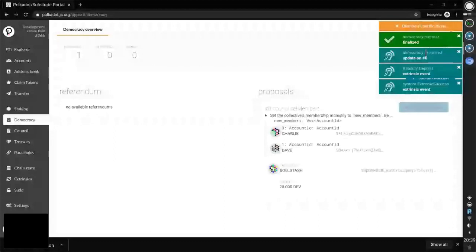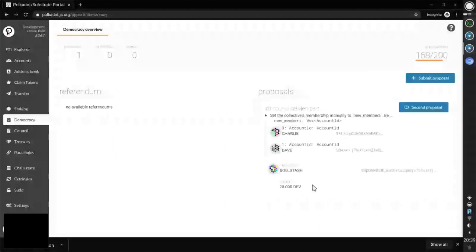And yeah, so right now it goes into this proposal column. And every launch period, the top proposal from here will move to the referendum. And once it moves over to the referendum, all KSM holders can vote either aye or nay, yes or no, on this referendum. And depending on which side wins,